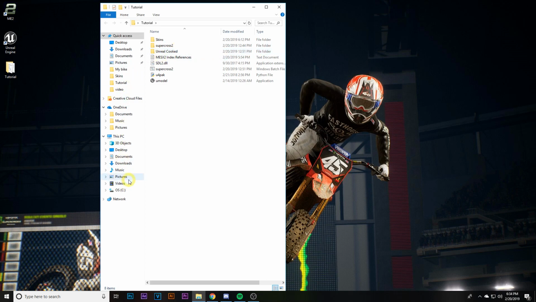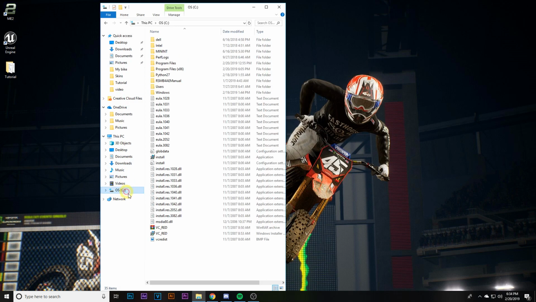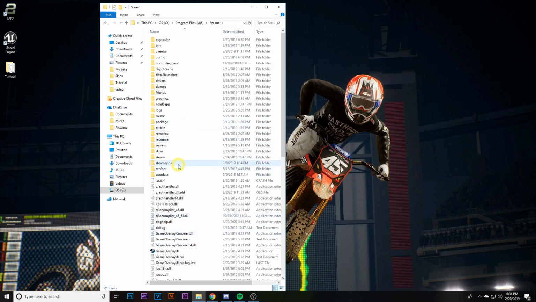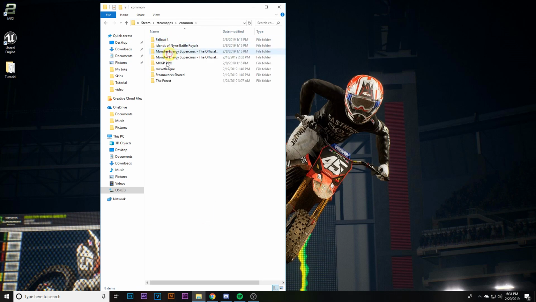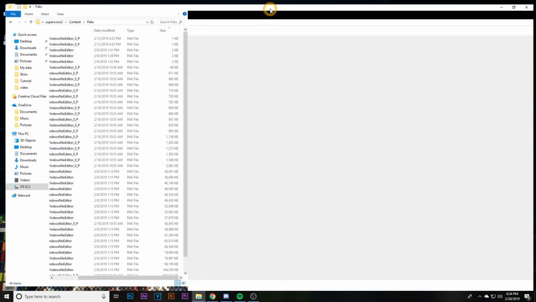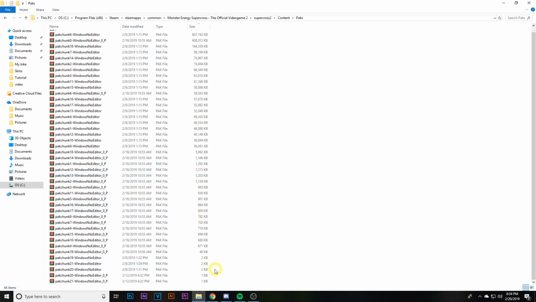Before you do anything, you'll want to go into your C drive. Go ahead and open up your File Explorer, but open up your C drive, and then we're going to go to Program Files, go into Steam, your Steam Apps, Common, and then you'll want to get the Supercross the official game 2, and then Supercross 2, Content, and then go to Packs. Mine's sorted by size, but initially they'll be down here at the bottom usually. But go ahead and take these last 6 or so packs and cut them, and we're going to paste them